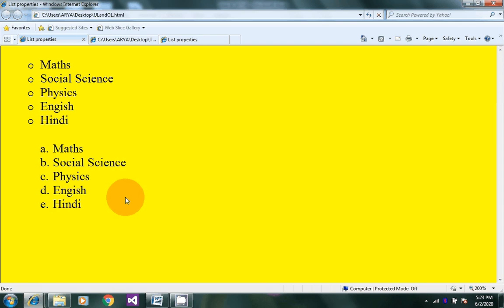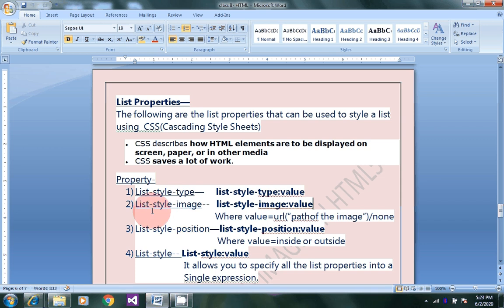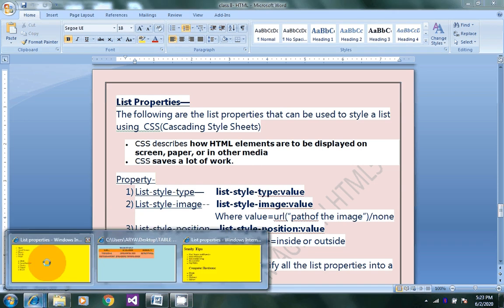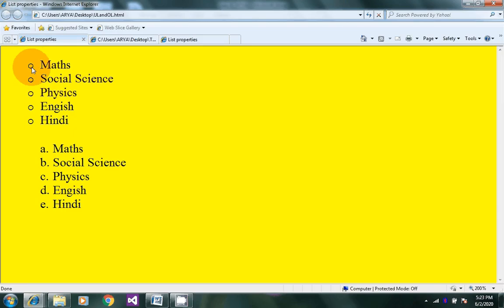Okay, now the second property is list-style-image. This property allows you to specify an image so that you can use your own bullet style. As you see here, this bullet is a hollow circle, but you can also use a disc bullet, a square bullet or a filled circle.